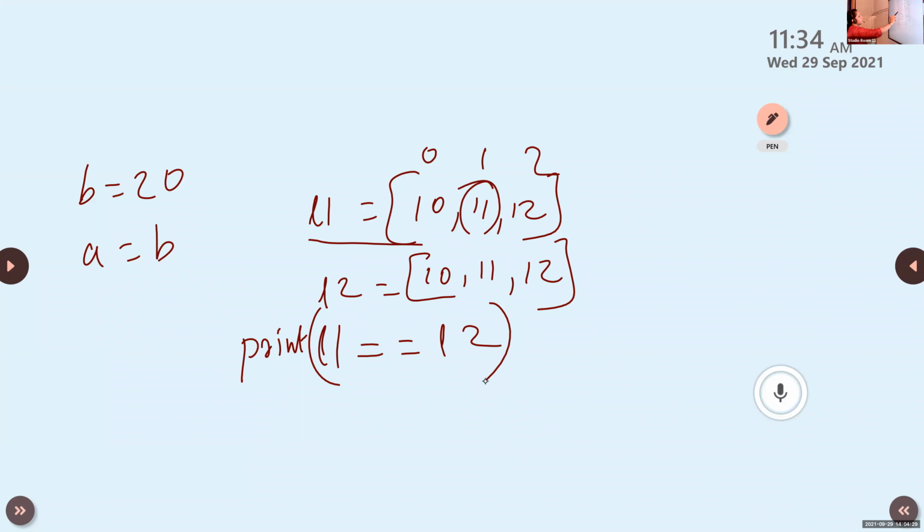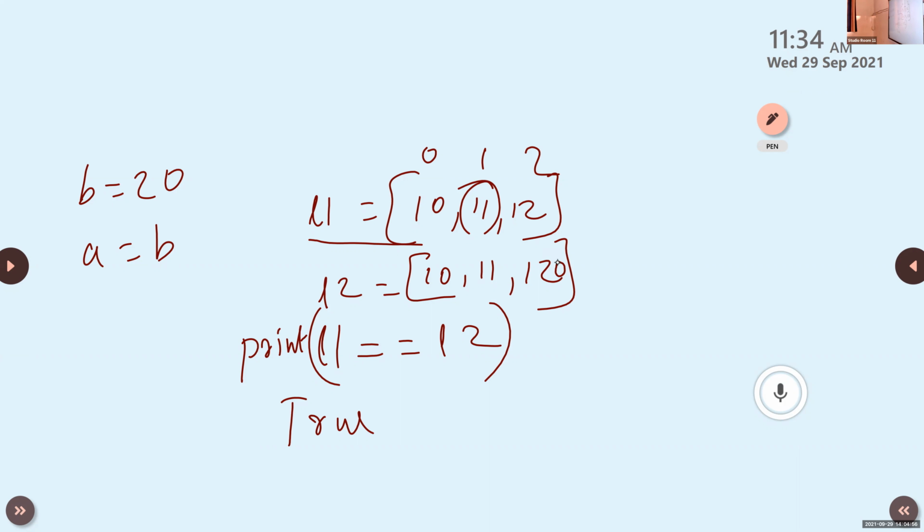Here, first L1 is 10, 11, 12, and L2 is equal to 10, 11, 12. Then print L1 equal to L2. It will check if L1 and L2 are equal. Here it is equal, so the result is true. If the value of L2 is 120, then the result is false.